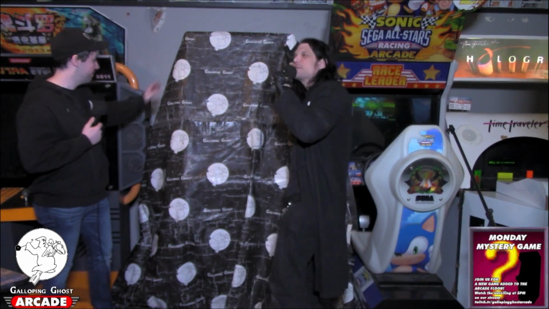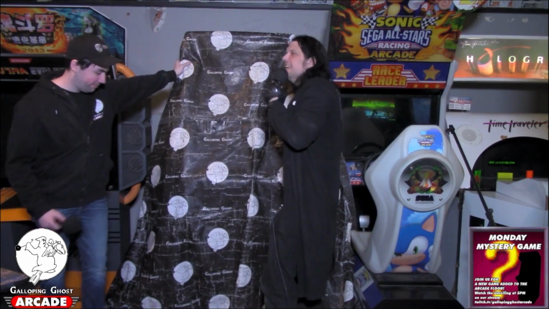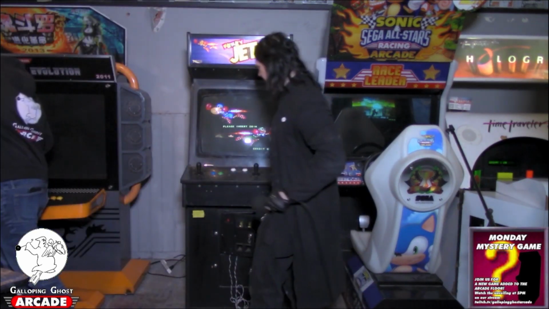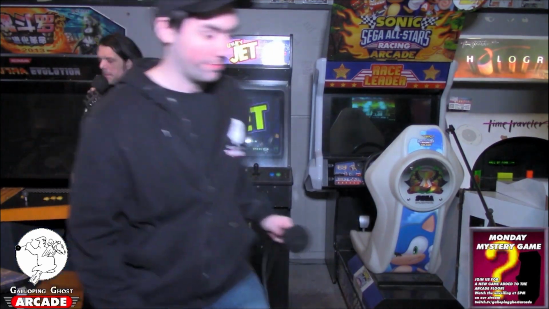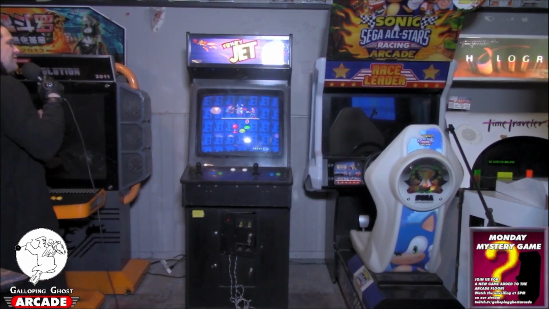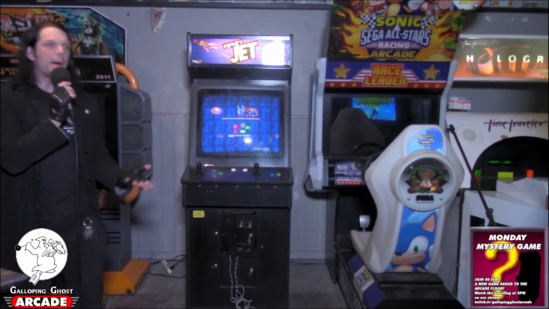Your Monday mystery game number 918 is none other than Funky Jet. Released from Data East and Mitchell back in 1992. You have kind of the action platforminess of a Bubble Bobble game,